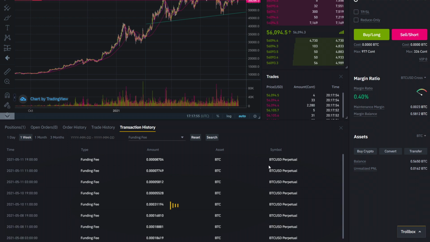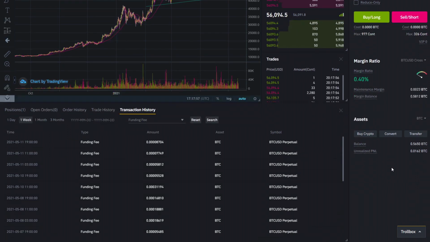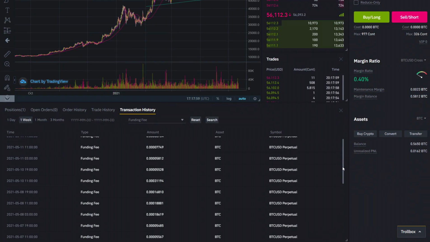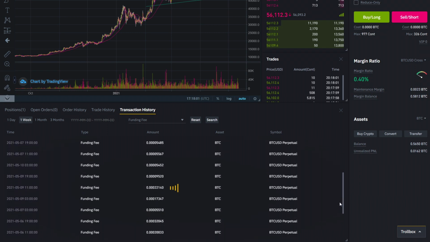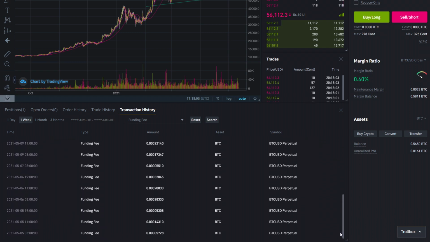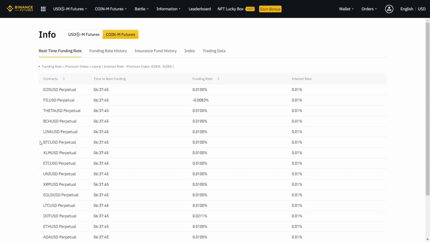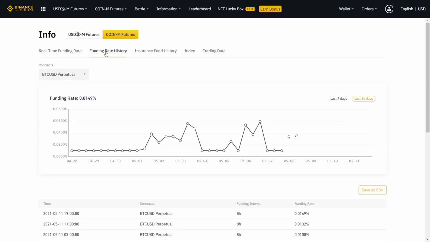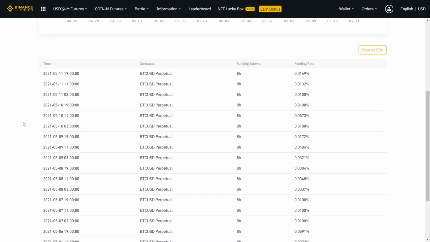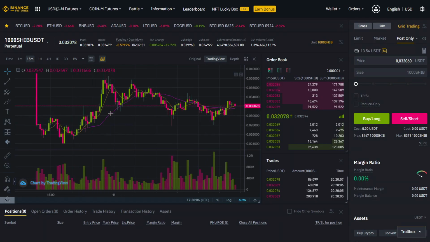The funding on perpetual contracts is calculated by a standard rate of 0.01% plus the premium. If the price between the perpetual and spot diverges, the premium increases or decreases accordingly. When the price of the perpetual is higher than the market price, long traders will pay for short traders. A negative funding fee indicates that the perpetual prices are below the market price, so short positions will pay for